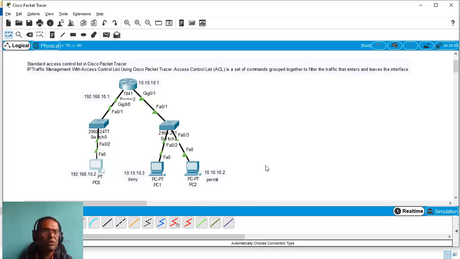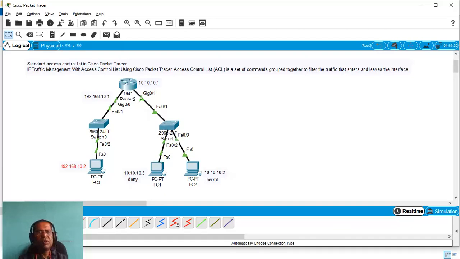By the way, this tutorial is not for elementary level users. Only those who have some experience in Packet Tracer can understand this one, because we are skipping the configuration at the PC0, PC1, PC2 level. If you have any questions, please comment and I will answer how to configure them also.